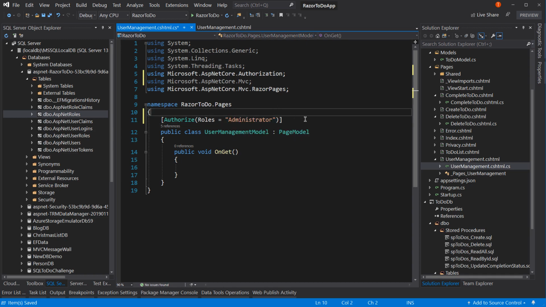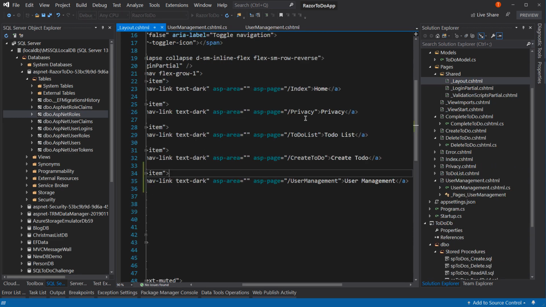So only the administrator. And let's just try to go there as an administrator, and then let's log out and log in as Tim